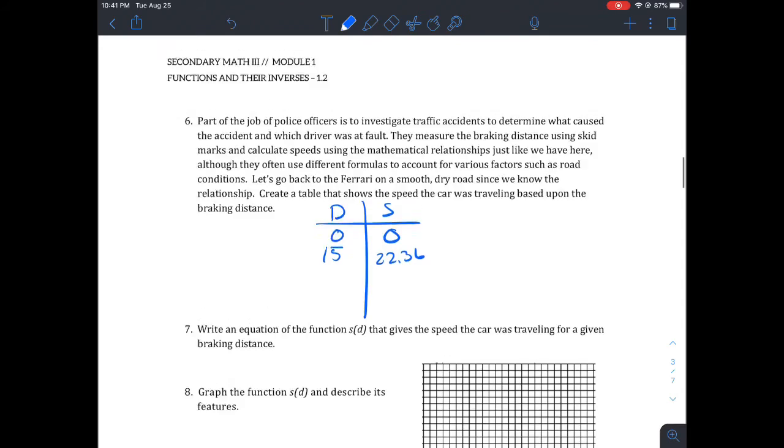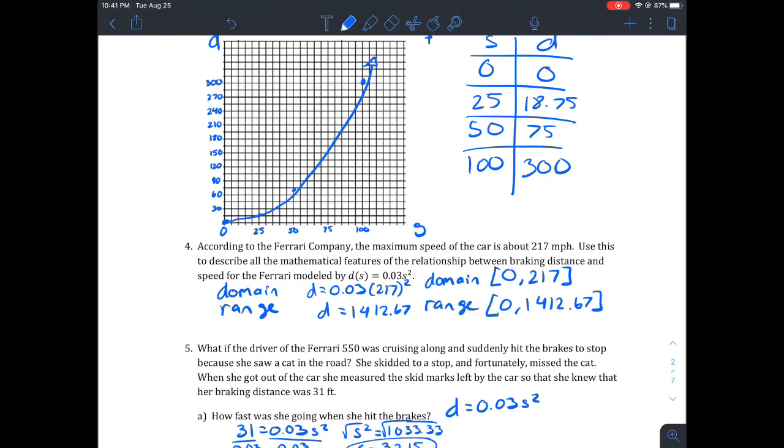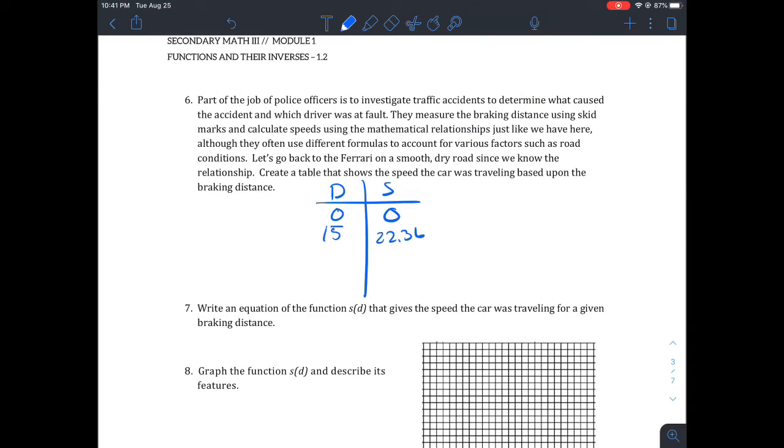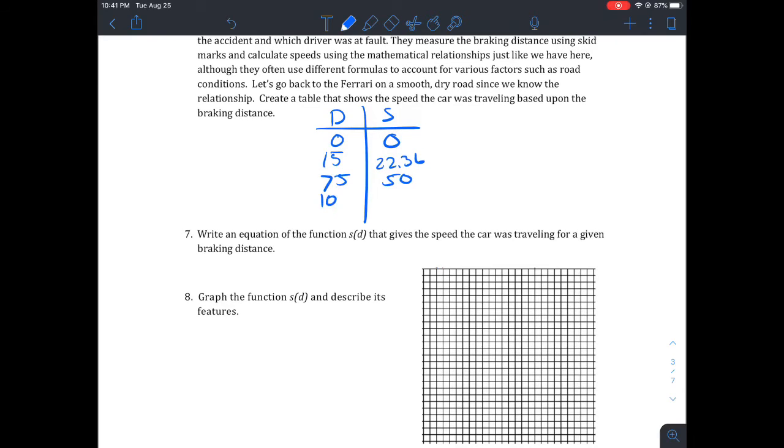There's still going to be that same relationship between distance and speed. So if we look back at that chart, we know that when our distance is, say, 75, our speed is going to be 50. So we could say 75, 50. 100, 57.74. And then, yep, so we're good on that. All right. And actually, you know what? Let's get one more point. We could plug in, let's say we plugged in 500 for distance. If you go through and do the math on that one, you would get